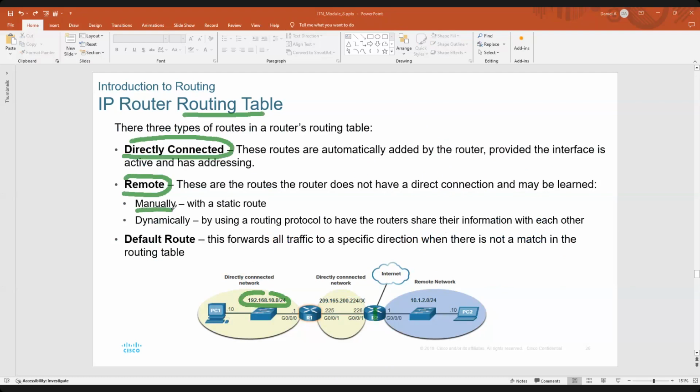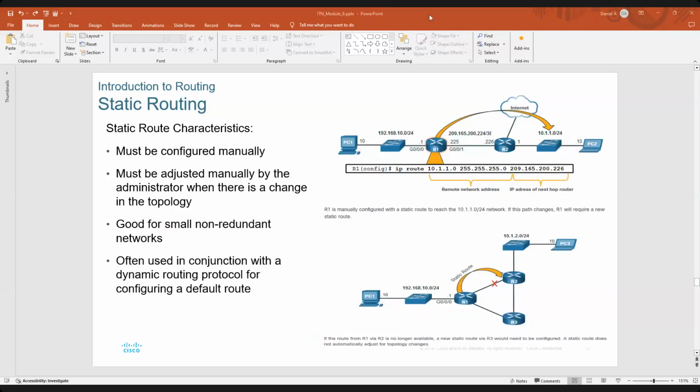ስታቲካሊ ኮንፊገር አደርጋለሁ አር2 ላይ፣ ወይም ደግሞ ዳይናሚክ ራውቲንግ ፕሮቶኮል ኢኔብል አድርጌ ለርን አደርጋለሁ። ሌላው አማራጭ ምን ብለናል? ዲፎልት ሩት። ስፔሻሊ አር2 ላይ ያለው ራውቲንግ ቴብል ማች የማያደርግ ከሆነ ሪኩዌስቱ ቀጥታ በዲፎልት ሩቱ ዲሳይድ ያደርጋል። ስታቲክ ራውቲንግ ኦልሬዲ ዲስከስ አድርገናል አይደል? ስታቲክ ራውቲንግ ማኑዋሊ ነው አይደል ኮንፊገር መደረግ ያለበት።